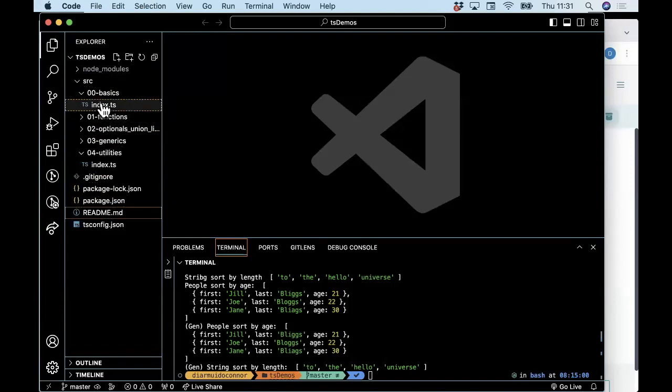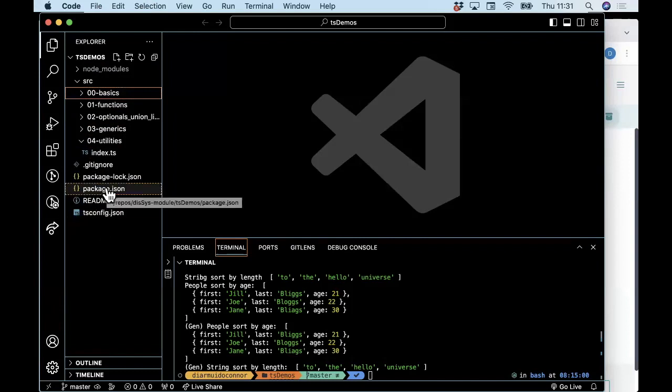And we need to work our way through the various examples that I want to show you. So if we start off with the 00 basics folder inside our source folder, by the way, this is an NPM project. You can see a package.json there. So you have to run npm install after you've imported it into VS Code. I think I mentioned that in the README file anyway,